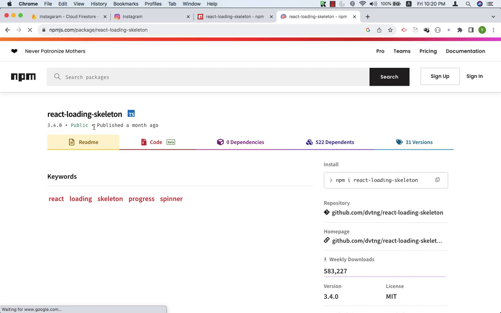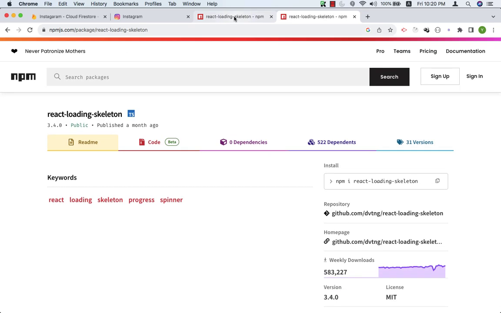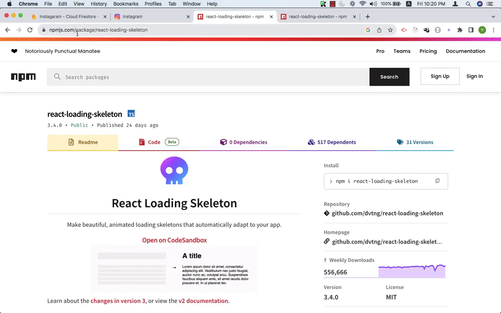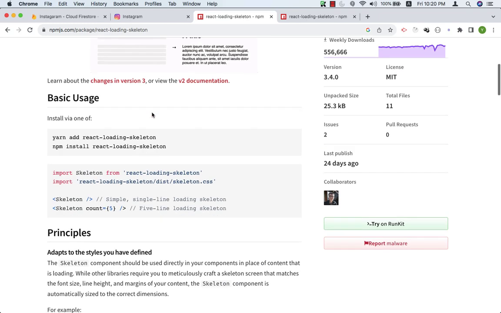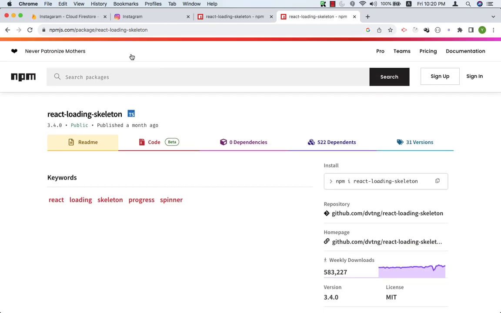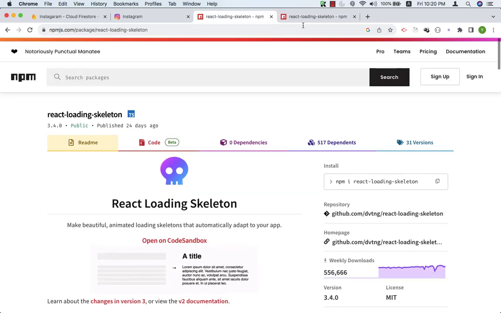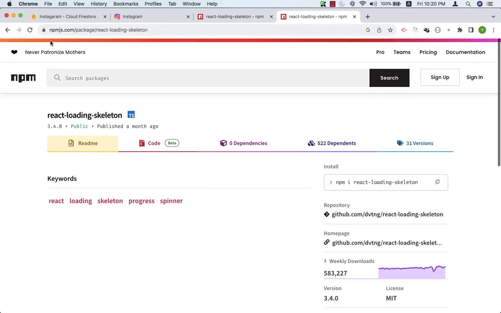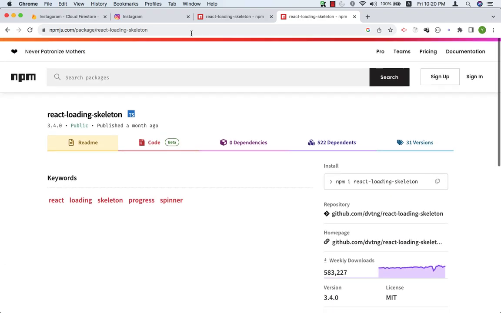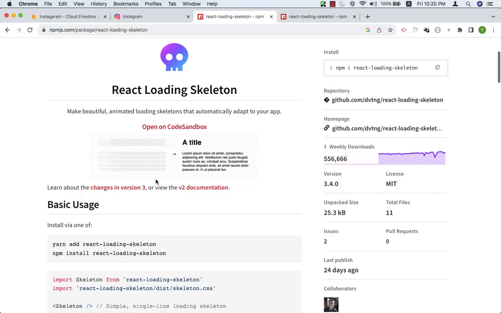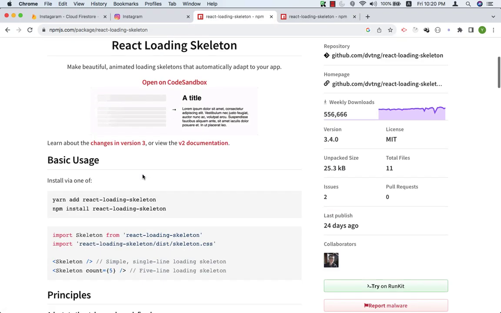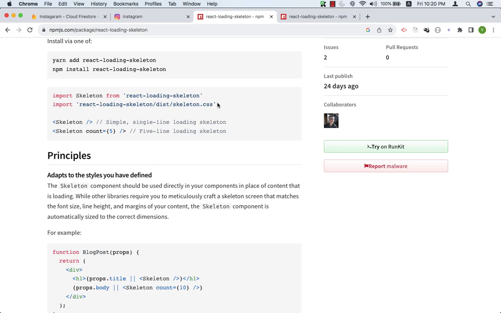React loading skeleton. What is the issue? Packages. One second. npmjs.com package. Why is this page not loading? Anyway, if you go to this page, you need to open this, and here is the CSS